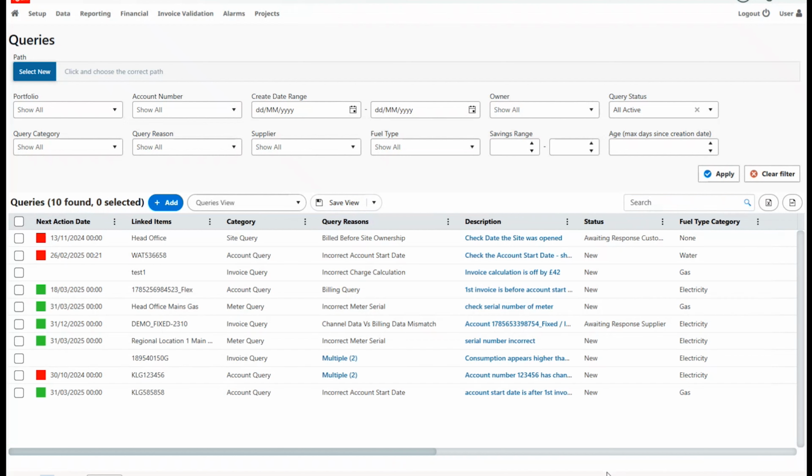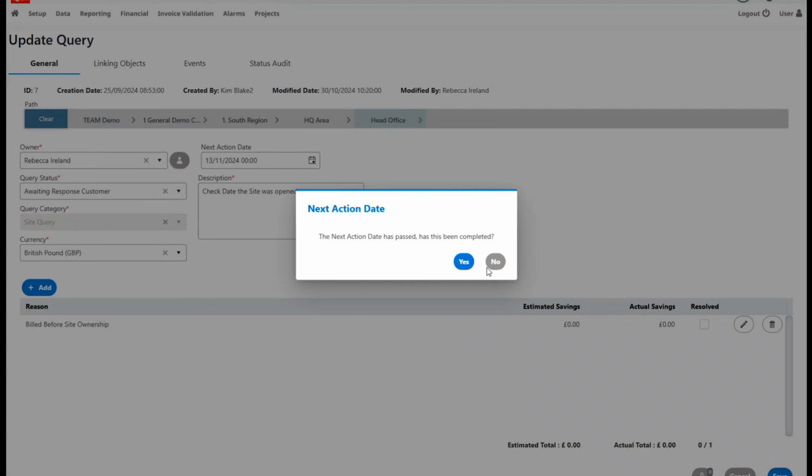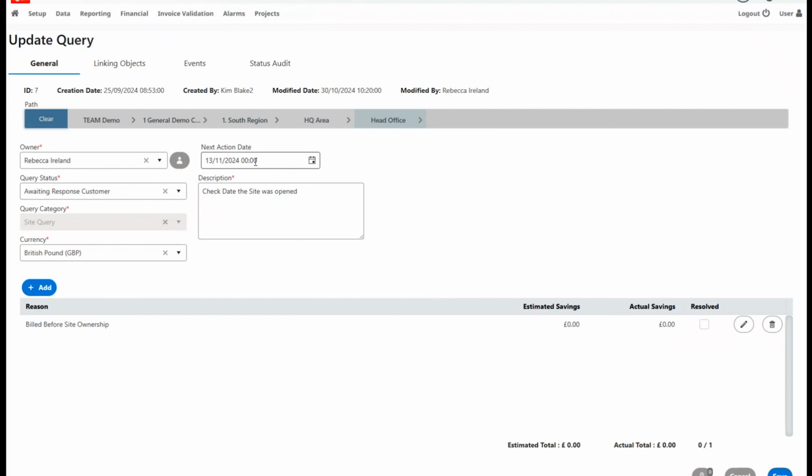So you can either resolve a reason or you can resolve the whole query. So if I just click back into one of these queries, now this is telling me my next action date has passed. So I can amend that next action date if I want to. And it might be that we've got more than one query or reason here, and I can just update that one reason. But to resolve it, if I click on the pencil,